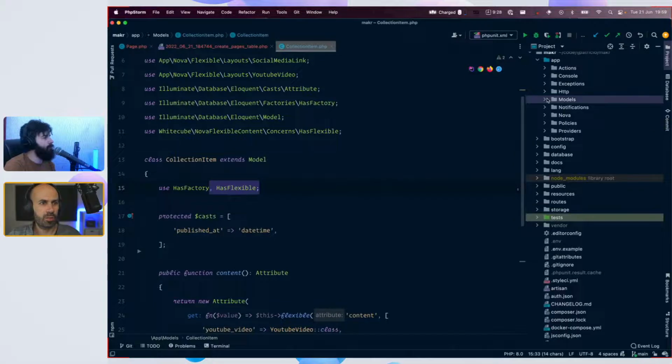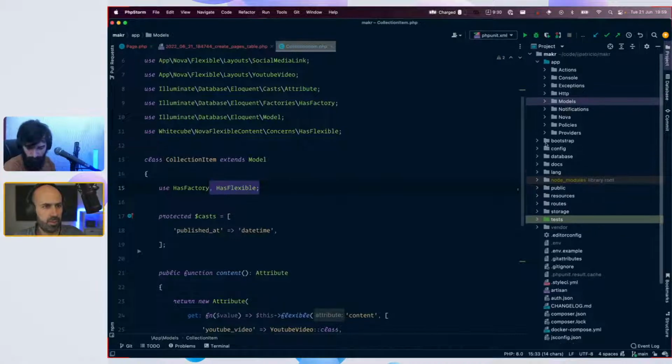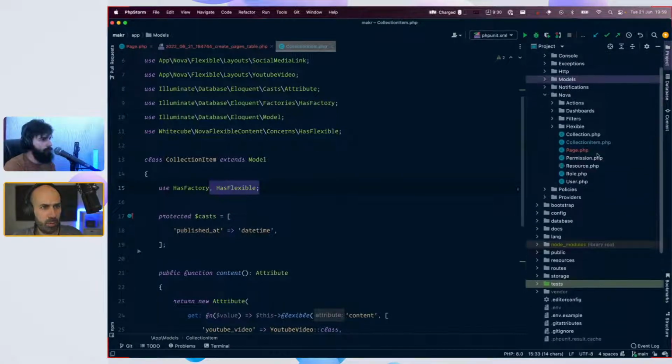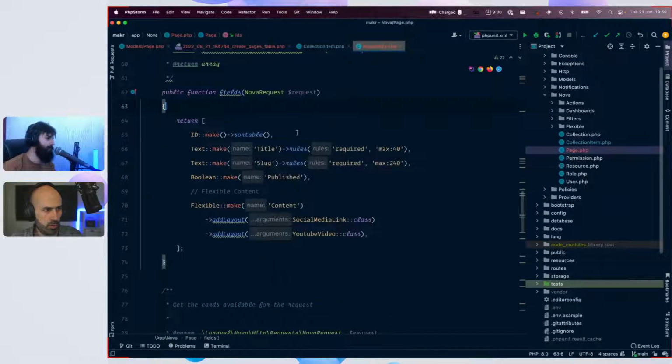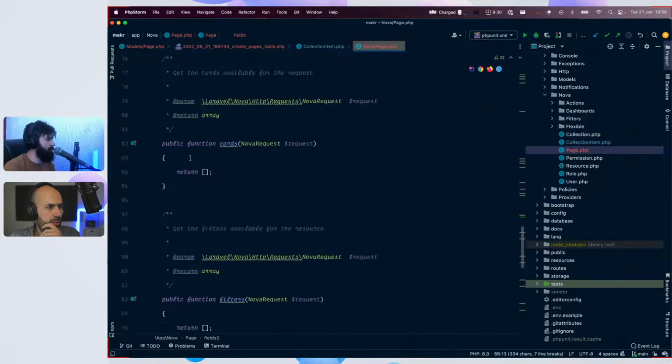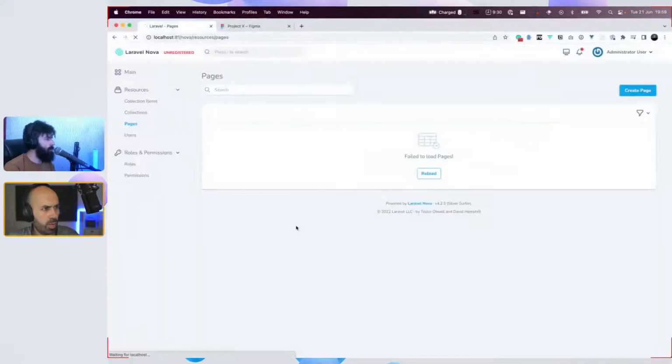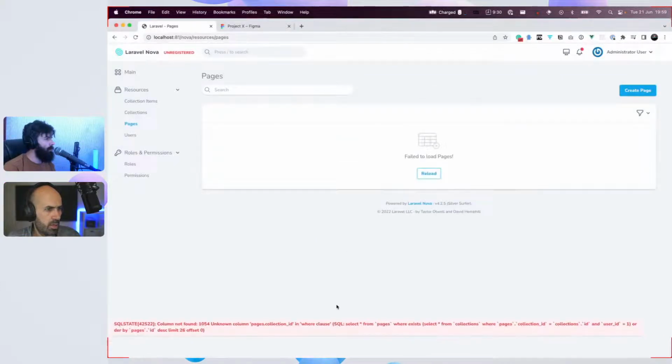It's the resource, I would say. It wants to display the. I guess it will be the page resource. Oh, I was expecting to have a belongs to field. So I'll come in the pages. He's complaining for a collection ID.